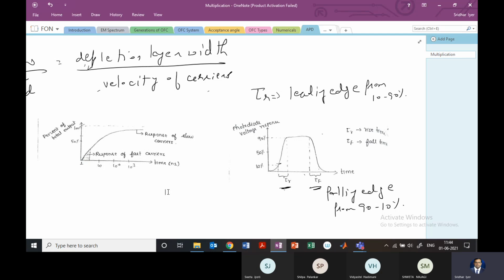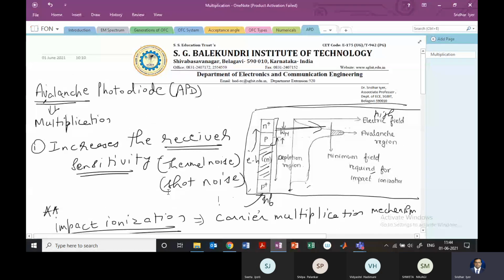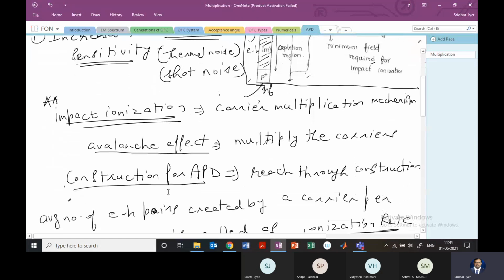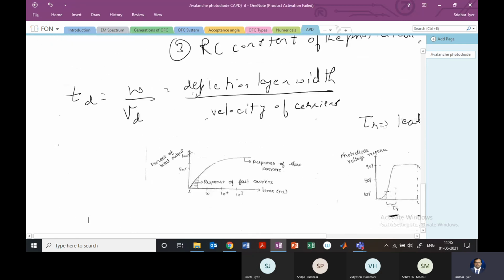Okay. So there are a few more aspects to this rise time and fall time for the APD, which I have given in the notes, so you can refer to the notes. But what is important is the operation of the APD, where we must know what is impact ionization. The diagram, of course, is required to know how the operation takes place. So these factors which I have underlined or starred: we must know impact ionization, the avalanche effect, and of course the construction followed by the working.